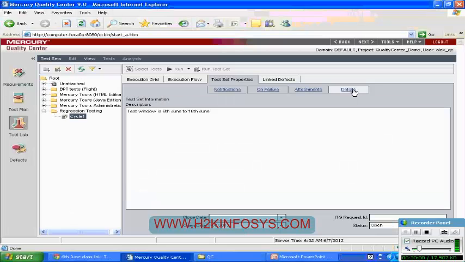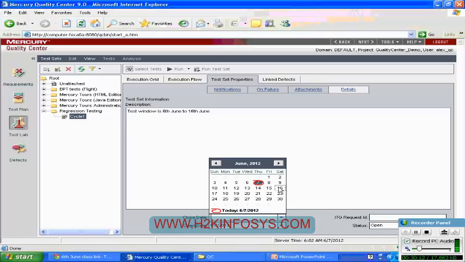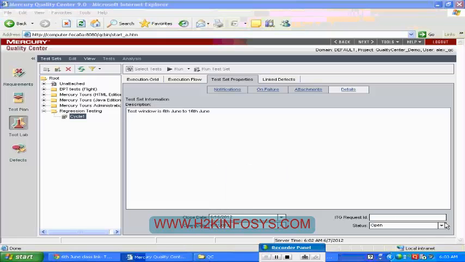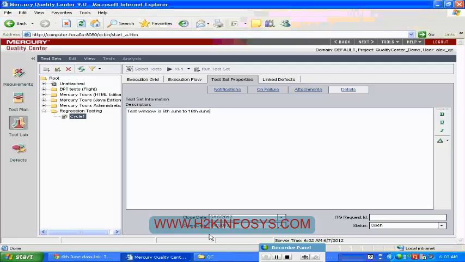Then details. This is just the cycle details, whatever I mentioned while creating the test cycle. You can write some more information, for example when this release is going to end. For example, I said 16th, you can set that up. Open date is on 7th. ITG request ID is not required. Is the status open? Yes, because we just started